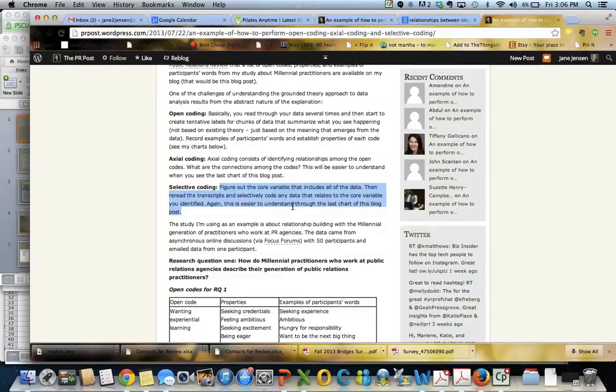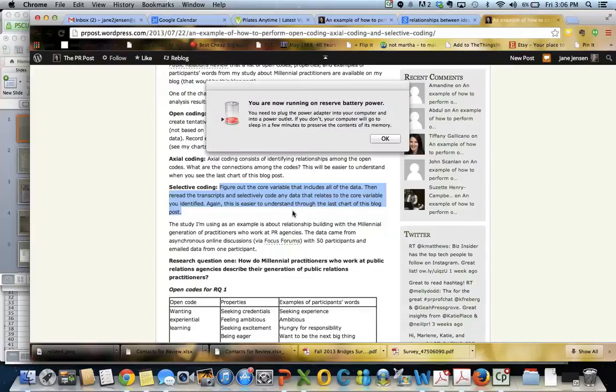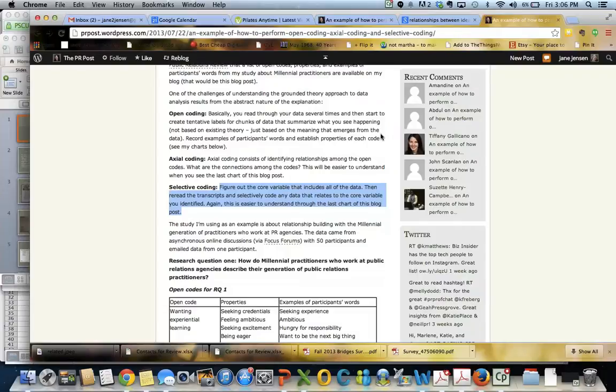This is one of the places where when you're getting ready to write up, you might go back through your data looking for the really rich examples that help clarify the points that you're making. It does not mean that you are making the data fit your theory. The theory has already emerged from the data. This just means that you're going back to find the examples that help you illustrate what it is that you constructed from your analysis.